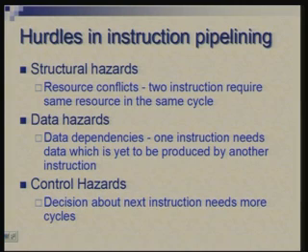The last category of hazard is the control hazard, which comes because of branch or jump instructions where we alter the flow of control. Recall that we had made an arrangement to calculate the next instruction address PC plus 4 every cycle so that we can keep the pipeline full. But these instructions mean that you have to take a decision, and that decision may be taken in a later cycle, say the third cycle for example. So till that happens, you do not know what is the next instruction to be executed, and that is again a fundamental difficulty in trying to keep the pipeline full.